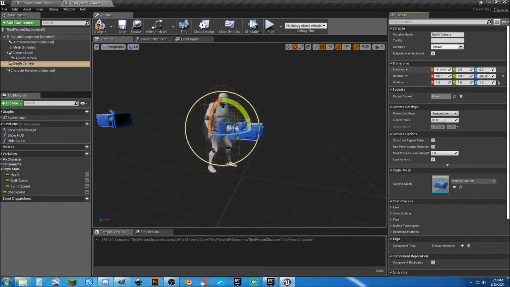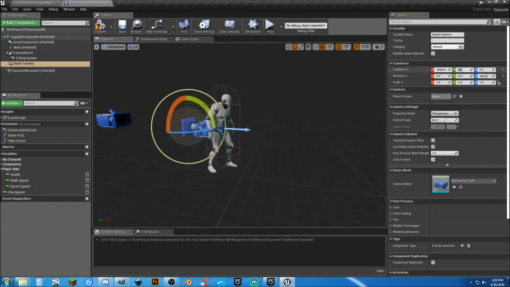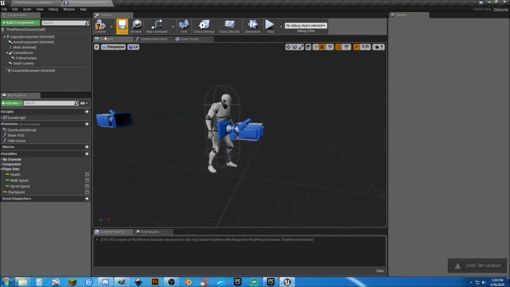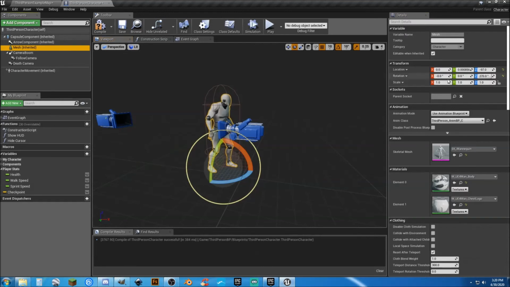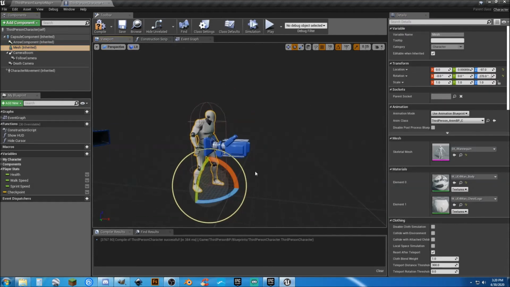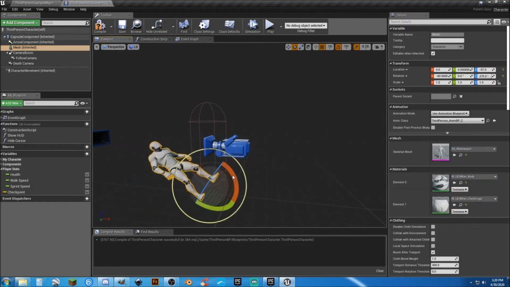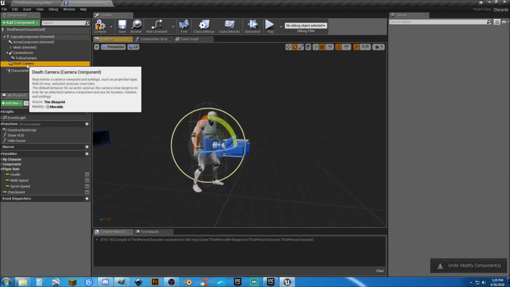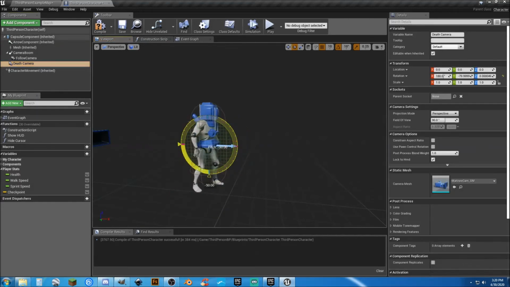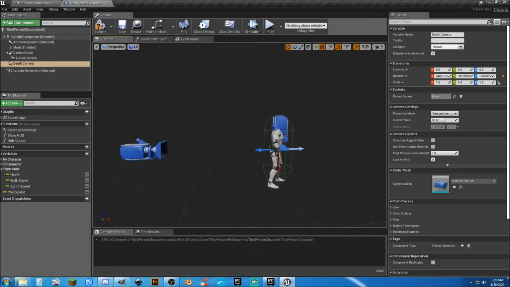-90 in the X. No. Well, let's just do this the correct way. I meant that for the rotation. We're going to rotate it. No, you dum-dum. Death camera. Rotate it 90 degrees. We are going to reposition it so that it is